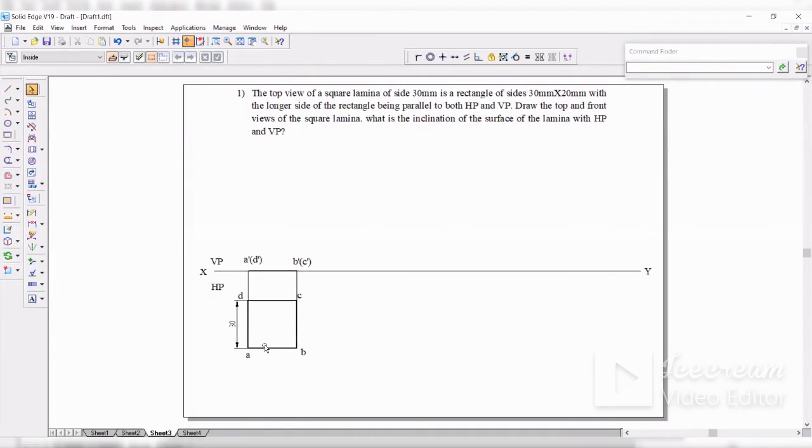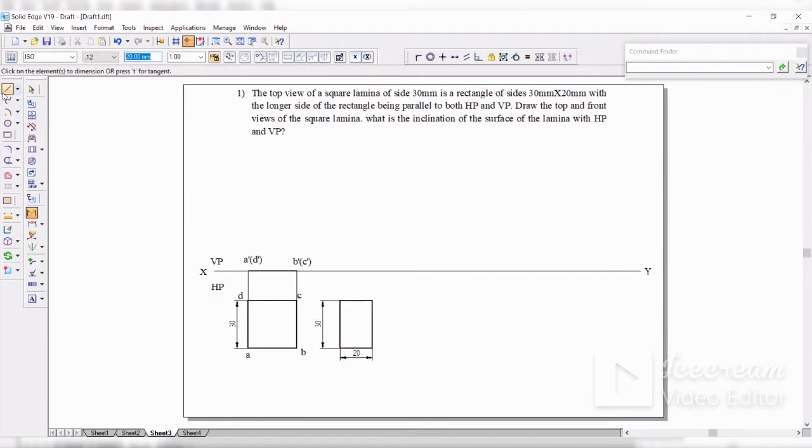What is the meaning of that? So this 30 is the parallel side, so that will remain 30. This side, which was 30 before, will now become 20 as per the problem. So let us draw the line now. Now we'll leave some space. Start from a comfortable distance and draw 30 here. After that, I need 20, so I'll draw 20 and complete the rectangle. Again 30 here, and then join this back. Now if you check the dimension, you'll know whether you have done it right. So this is 30, it's 20, perfect.